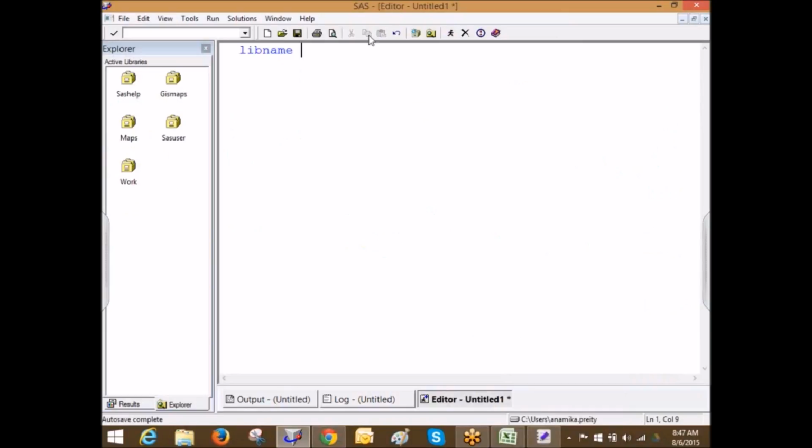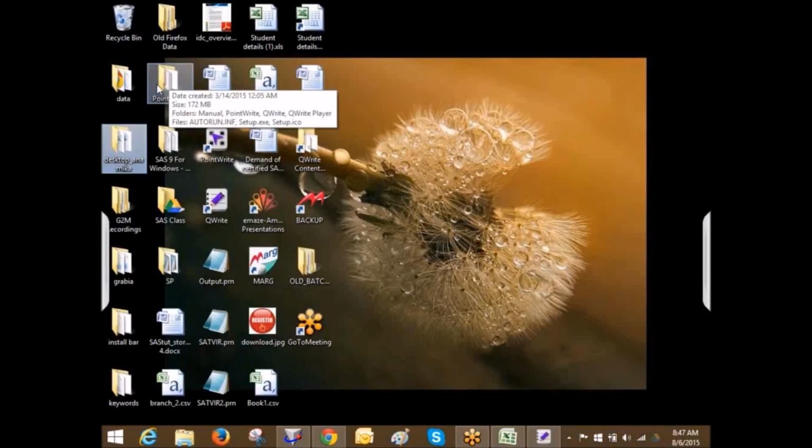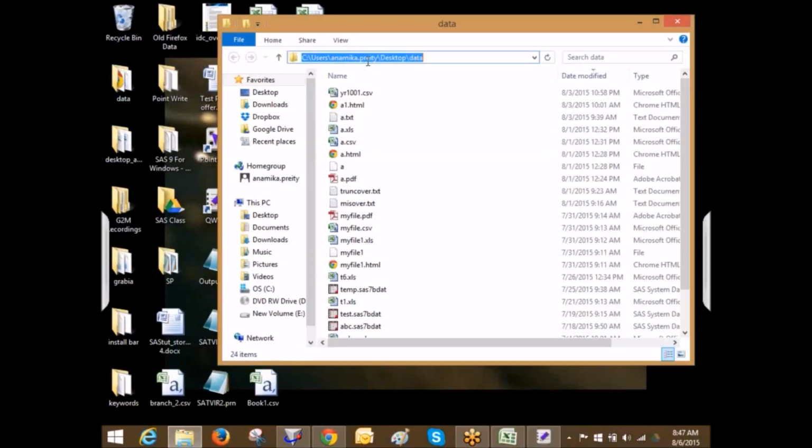So libname, let's say the name I want to give is ABC. And the third thing is the path. Now, path is what? A common location or location on my hard drive. So I went to a folder, like any folder here. This is the folder. I copied the path and